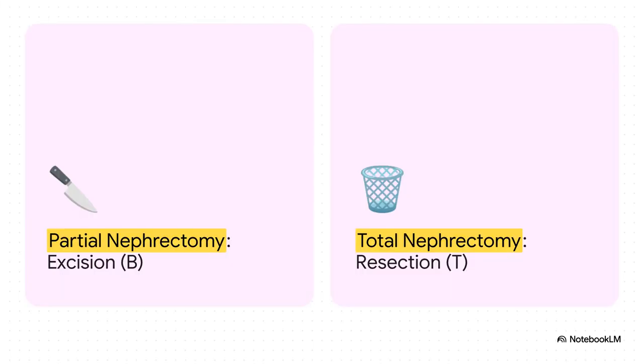So it all boils down to understanding the critical difference between excision and resection. A partial nephrectomy, where you're cutting out just a portion of the body part without replacement, is an excision, character B. However, a total nephrectomy, where you are cutting out the body part entirely without replacement, is a resection, character